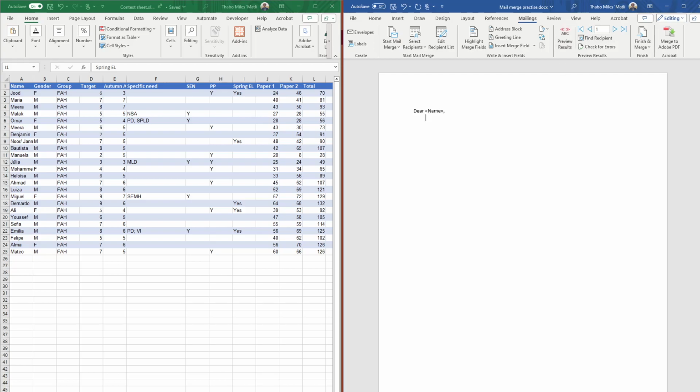So, Jude, well done for your hard work on your recent assessment. And then at this point, maybe I want to give them their paper 1 total, paper 2 total, and overall total. And find attached your total grades